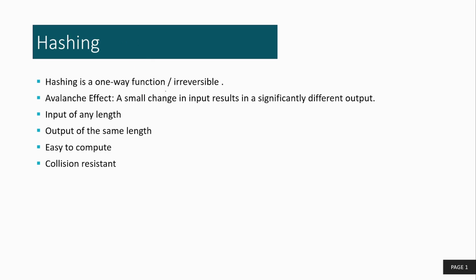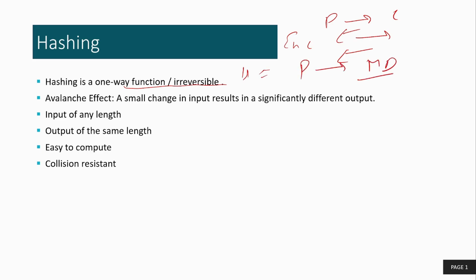So the first thing about hashing is that it is a one-way function. If you're doing encryption, it is both ways. You can convert plain text into ciphertext, and you can go back to plain text. But in the case of hashing, you can only use it to create a message digest and you cannot go back. This property allows us to prove the integrity